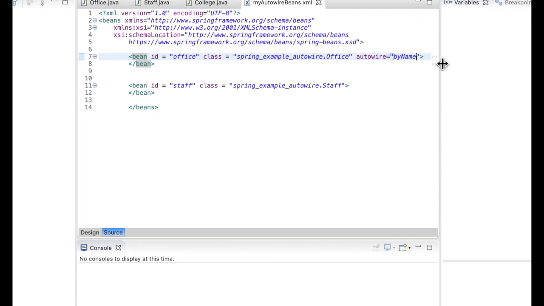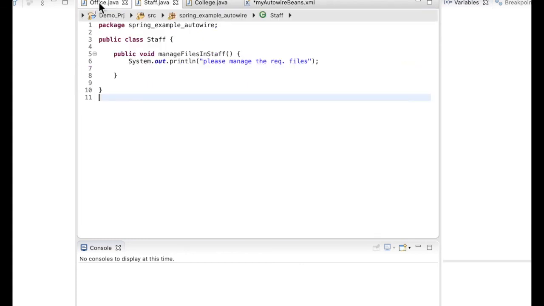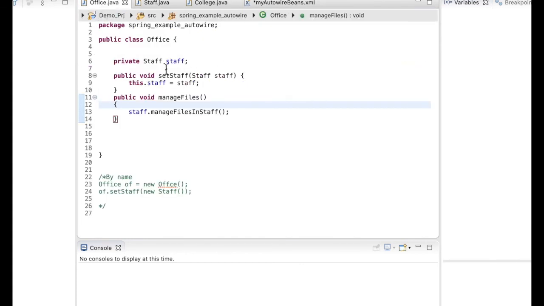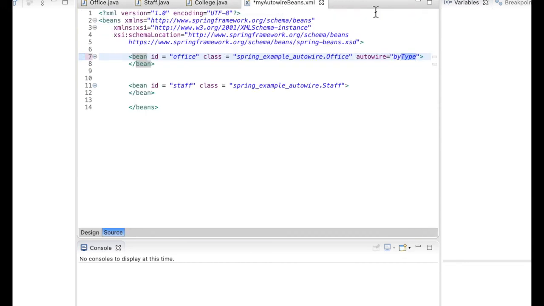What if we have by type? There's another kind of auto wiring where you can use by type, and this type is the data type of the object. So in this class office.java, the reference staff is of type staff class. So when you come to your application context file here, if you are giving by type, this class will try to auto wire a class whose type is staff.